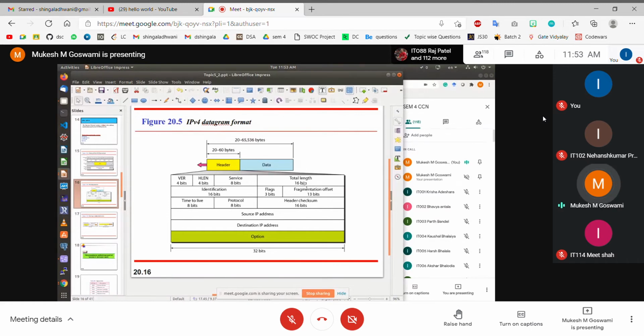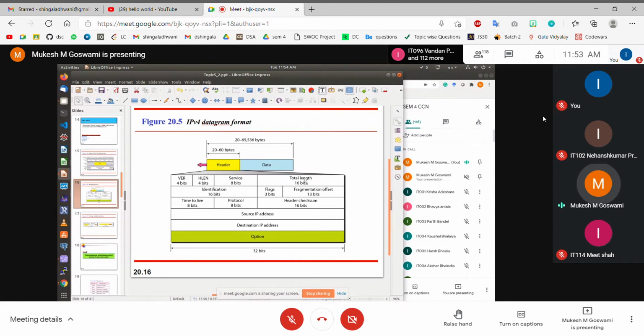The next 16 bits represent the total length, right? The total length of the packet starting from the first bit to the last bit. So the total length field is 2 raised to 16, therefore the maximum length can be 65536. But remember that this is not the length of each and every IP packet. The length of the IP packet is variable, right? You can have IP packets of different lengths. We'll try to see that shortly. But this is the maximum length that you can have, right?